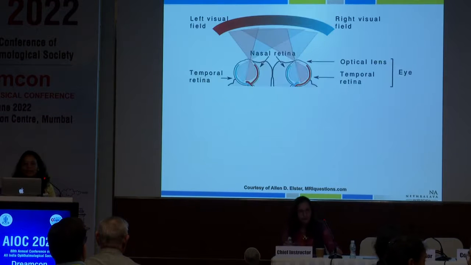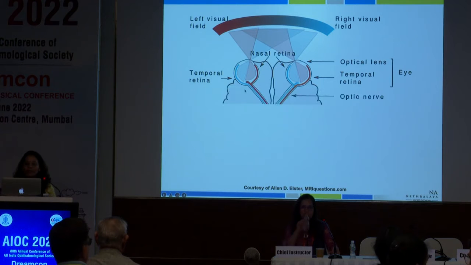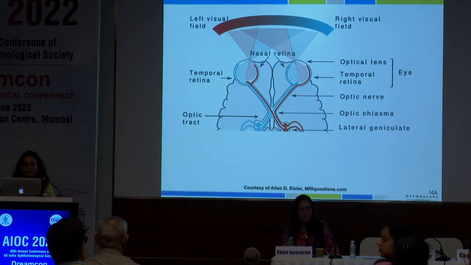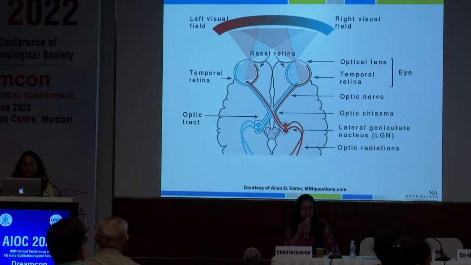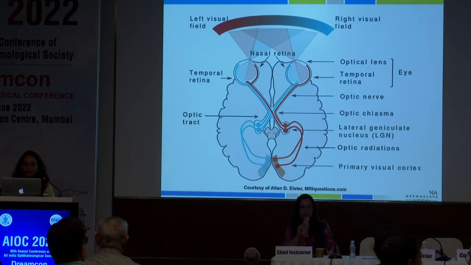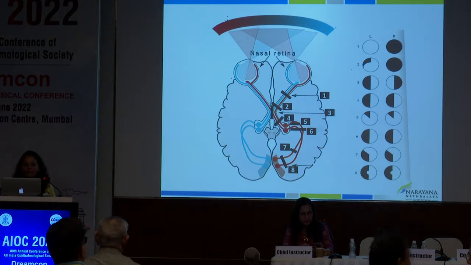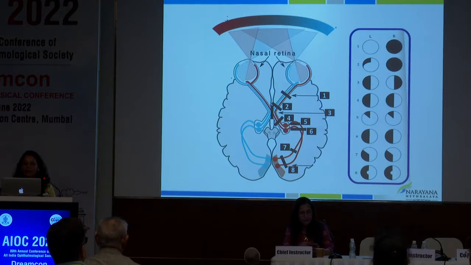And as you know rightly, the left part of the visual field stimulates the nasal retina and vice versa. From the retina arise the optic nerves, which cross at the chiasma, forming the optic tracts, which carry the same-sided temporal fibers and the crossed nasal fibers to the lateral geniculate nucleus, the optic radiations, and the primary visual cortex. Because of this structure, we are able to have classical visual fields. So from 1 to 8, if you notice, you have the classical visual fields, and we will decide how to